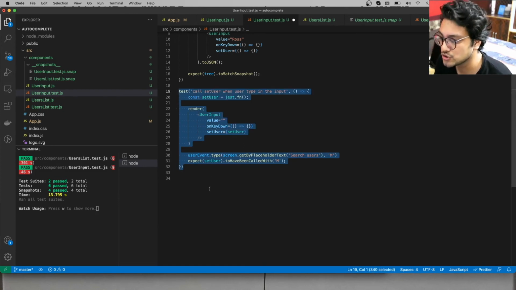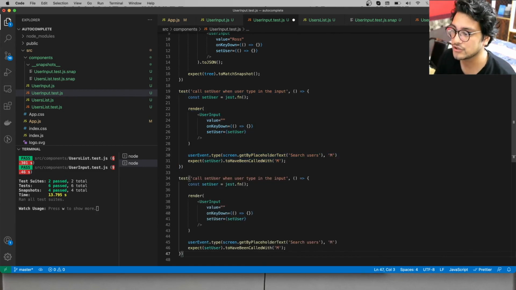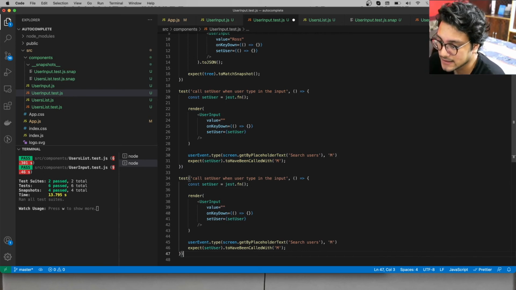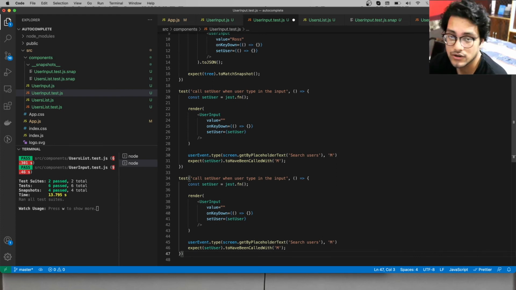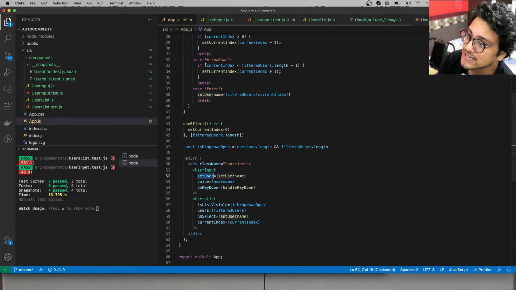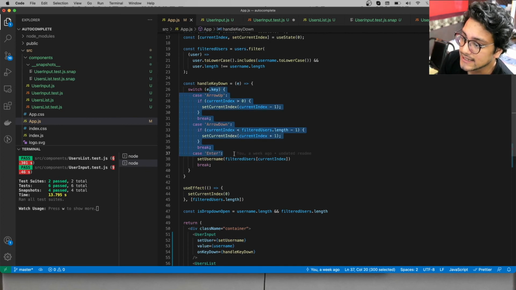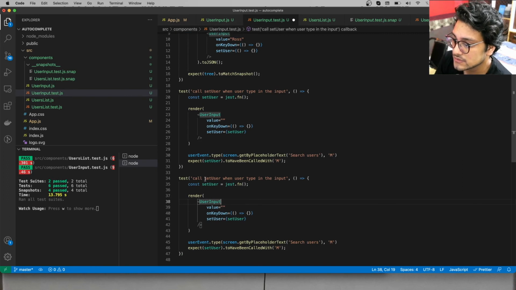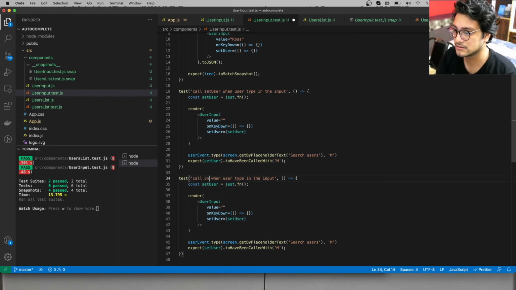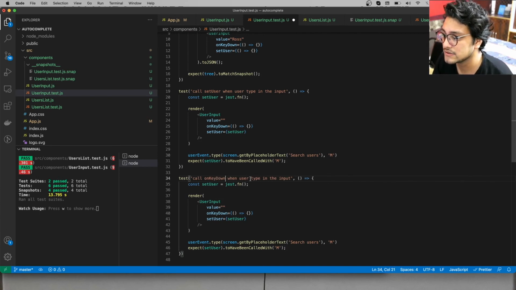So what we are going to do is create another test case where we will check if the navigation keys are pressed, the key down function is called, because whenever the navigation keys get pressed, then you have to call the on key down, so the app.js can update the current index, or if it's enter, set the username. So call on key down